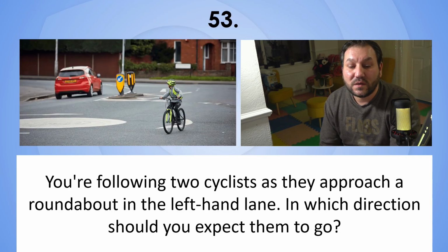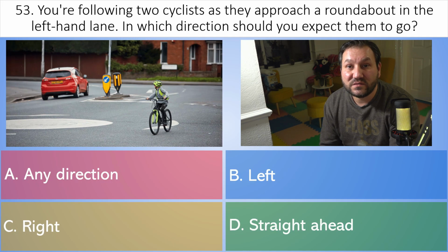53. You are following two cyclists as they approach a roundabout in the left-hand lane. In which direction should you expect them to go? A. Any direction. B. Left. C. Right. Or D. Straight ahead. And the correct answer is